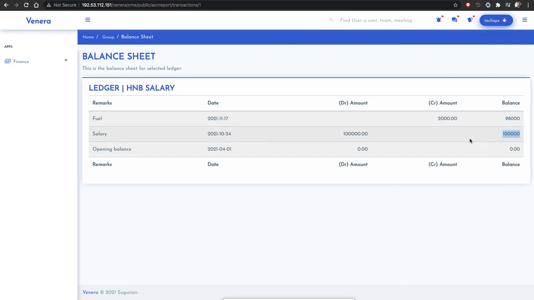101,000 came, but 1,000 went for taxation. Then from the remaining, 2,000 I spent for fuel. So automatically I have the balance of 98,000. So this is a simple financial tool explanation of how we use it. You can use this one and check whether there are any vulnerabilities available, and identify the points where vulnerabilities or any bugs are available. You can identify and let us know.